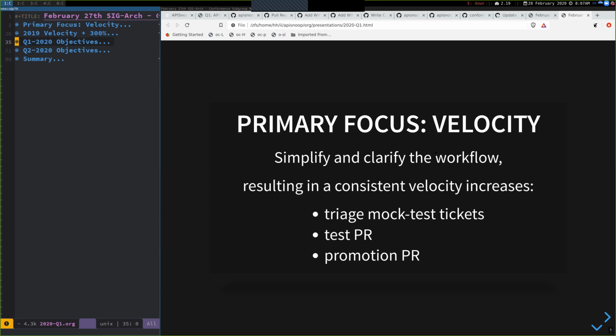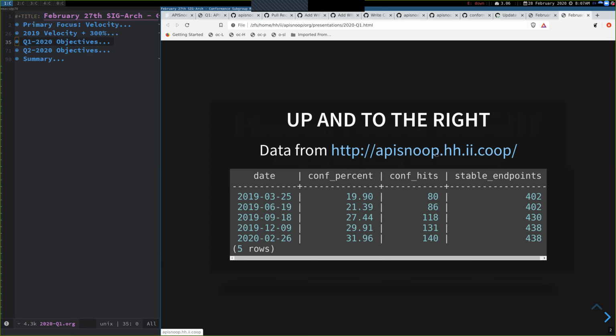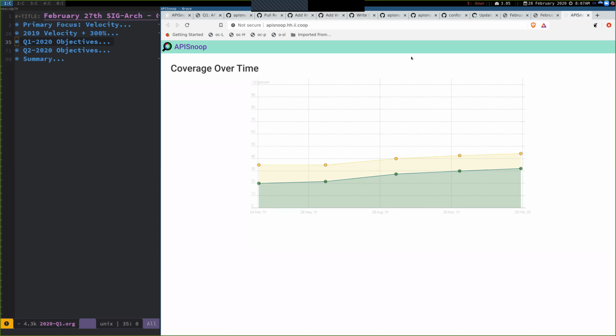If we go look at the data, we're soon going to replace the main API Snoop site with this data that comes from our buckets. I'll drop this link into our chat. It's just API Snoop HHII co-op. And this is approximately the last year. And if you go into these data points, they'll take you to the buckets related to that data.